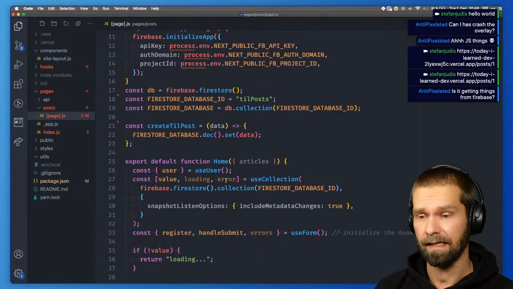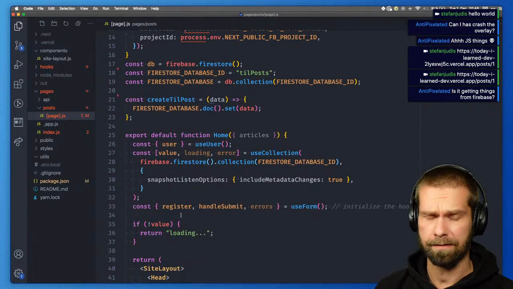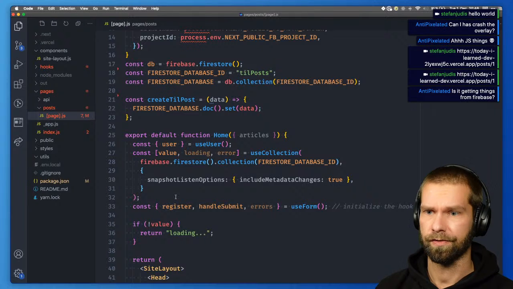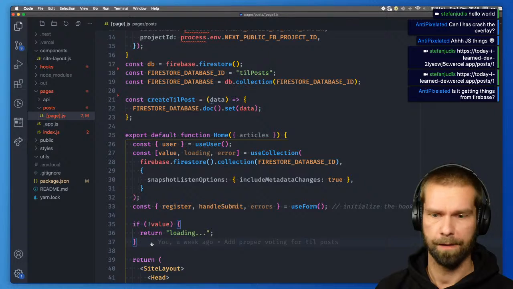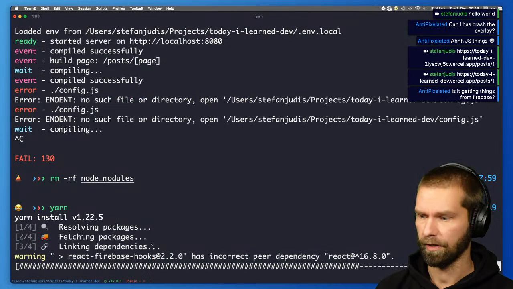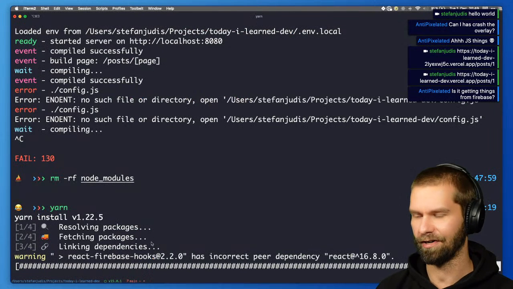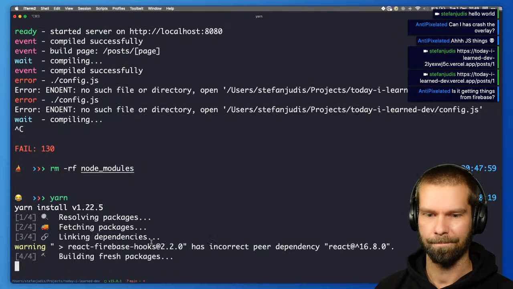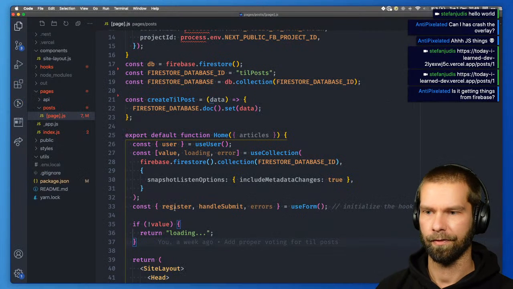And I have to say that it was fairly straightforward. It was pretty nice. Currently, we're only fetching the data in the client side. That is why you see this little loading thing if there's nothing there yet. But potentially when we now don't run into a very long installation debacle here, then you should see that working,